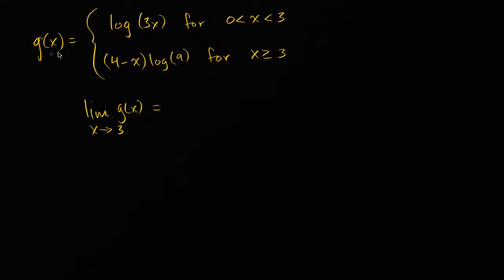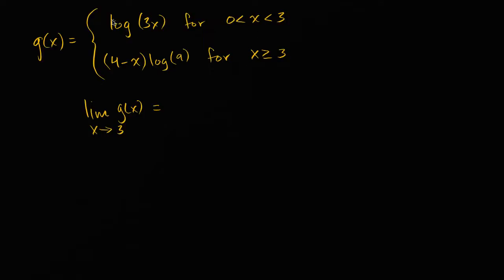So we have g of x being defined as the log of 3x when 0 is less than x is less than 3, and 4 minus x times the log of 9 when x is greater than or equal to 3. So based on this definition of g of x, we want to find the limit of g of x as x approaches 3. And once again, this 3 is right at the interface between these two clauses, or these